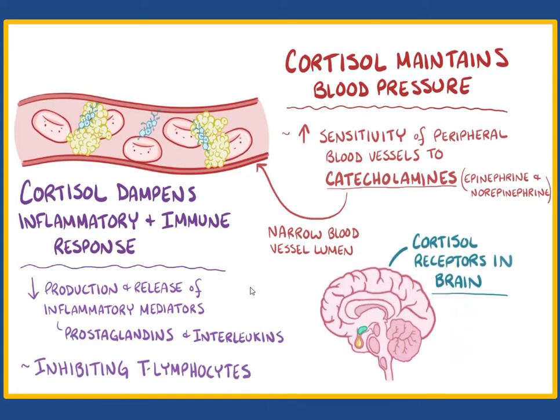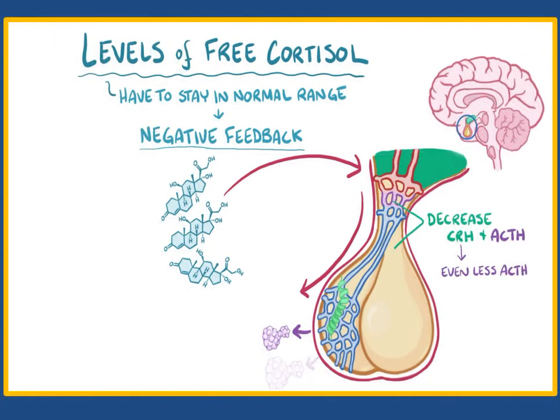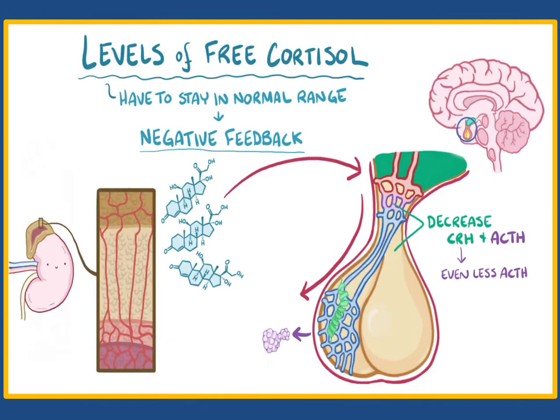Cortisol acts on the brain. It reflects any changes in the brain. It may influence mood and memory. Levels of free cortisol also have negative feedback on the pituitary and hypothalamus, and this cortisol secretion, as I told previously, is increased after stimulation by ACTH from the pituitary. And now let's go back to Cushing syndrome.